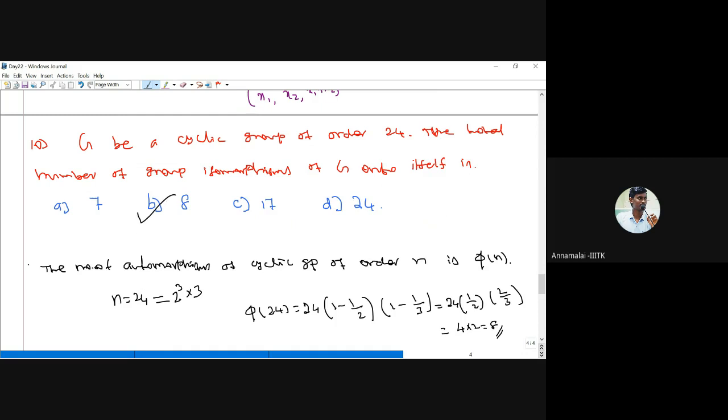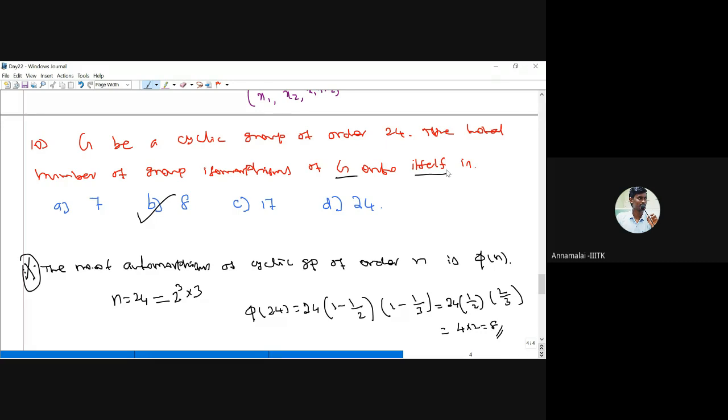So this formula is very important. This formula is only for a cyclic group of order n. Suppose it is given that it is an infinite cyclic group, we have only 2 automorphisms. Take a finite cyclic group of order n, it has phi of n automorphisms. Anyway, they didn't mention automorphism, but they say it's an isomorphism from G onto itself, therefore it should be an automorphism. Okay, this is one more important thing.